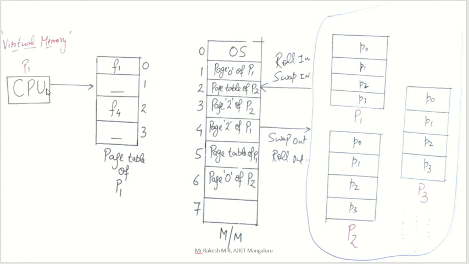So now consider the CPU asking for some page number of a particular process. That is asked with the page table of that particular process. Whichever process's page number they are asking, that page table we are going to take here and search for the page. Here the 0th page of process P1 is saved in frame 1. Here it is there, that's why it is shown. But the first page of process P1 is not there in your page table.